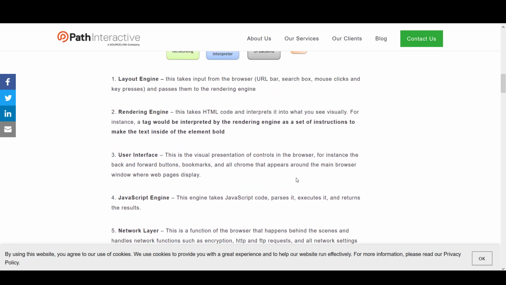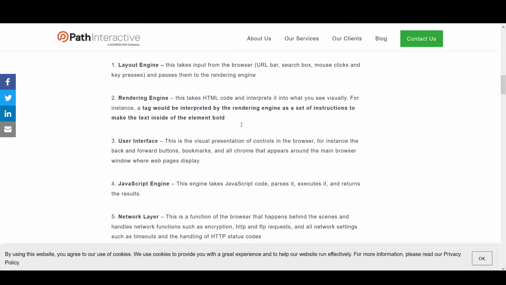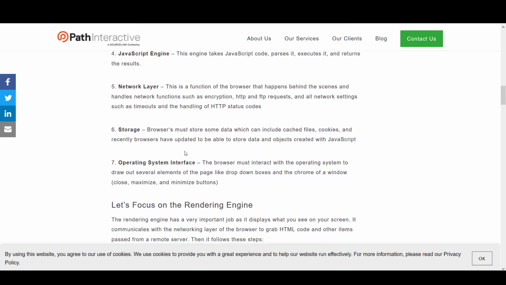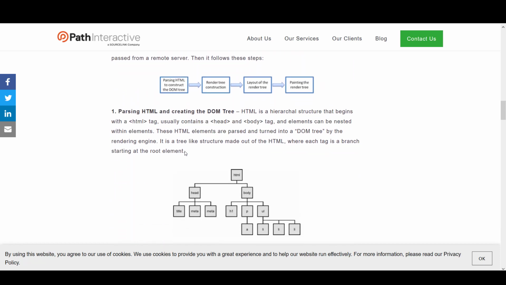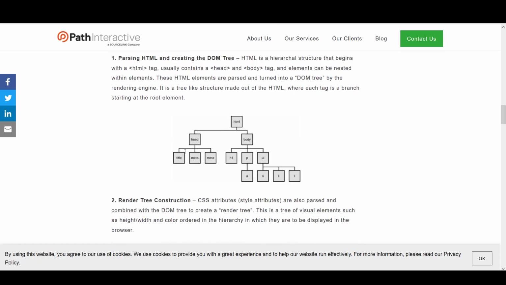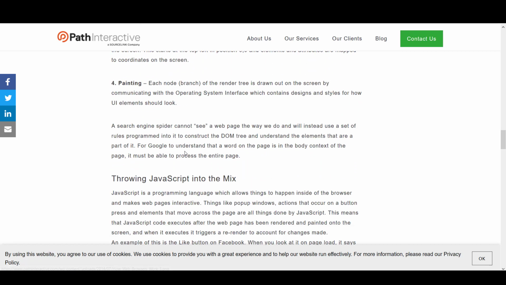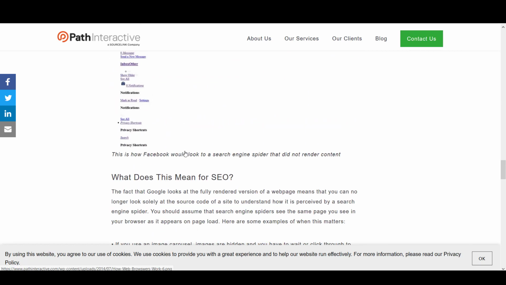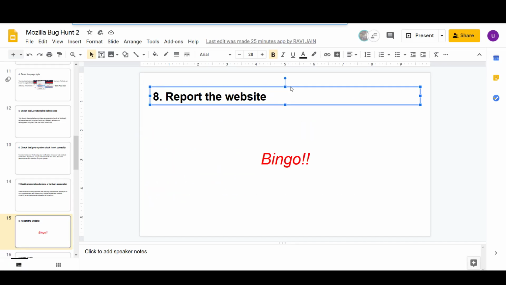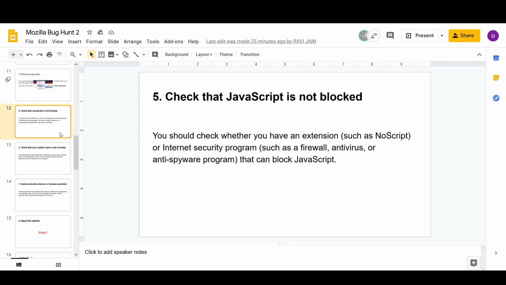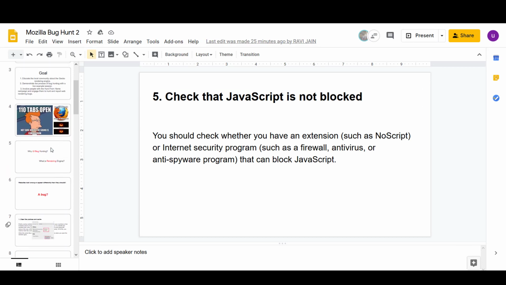You'll get the link to this blog later on. It contains the JavaScript engine, network layer, storage, and all those things. I'll not bug you about theory a lot, so you can read about it in depth there. My entire perspective was to explain what rendering engines are.